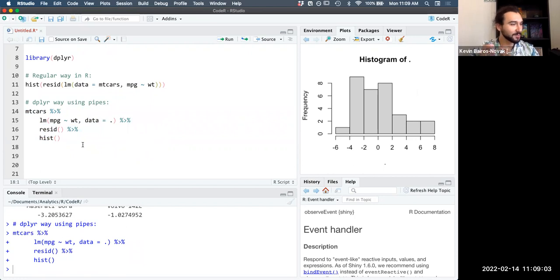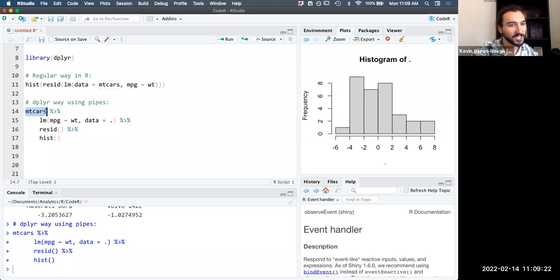So this is the motivation for today. This is the code we're looking at. It's not about doing it the quickest and easiest. We can do it this way using base R, but when we've got a lot of operations, it gets really confusing. So the dplyr way is using these pipes, and hopefully you can all appreciate that we're just sending